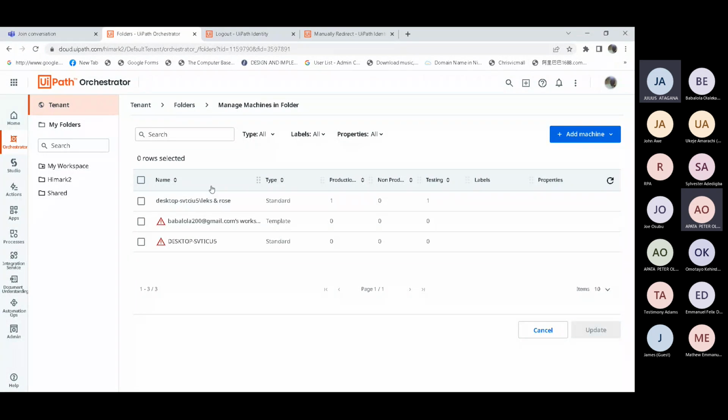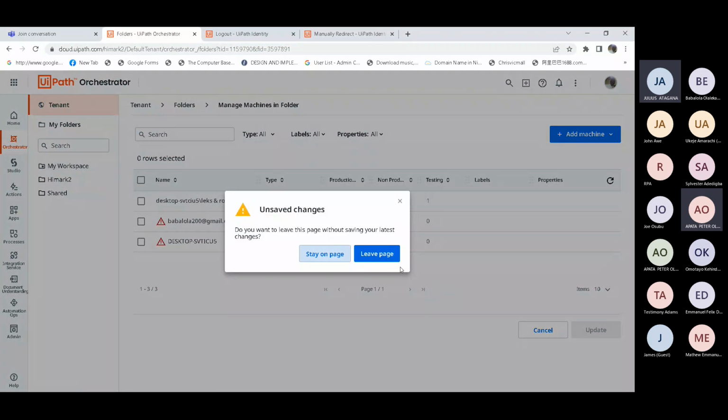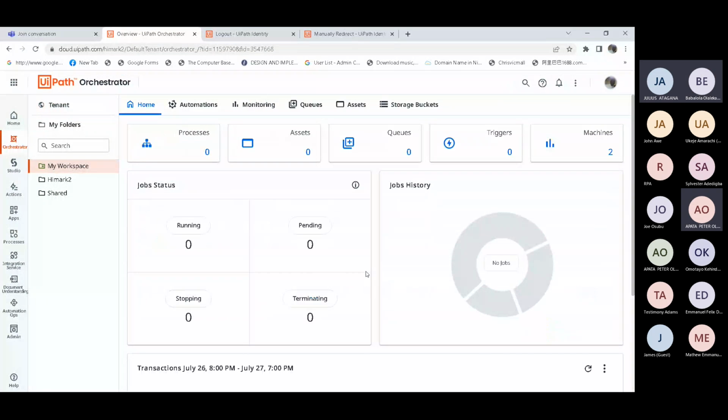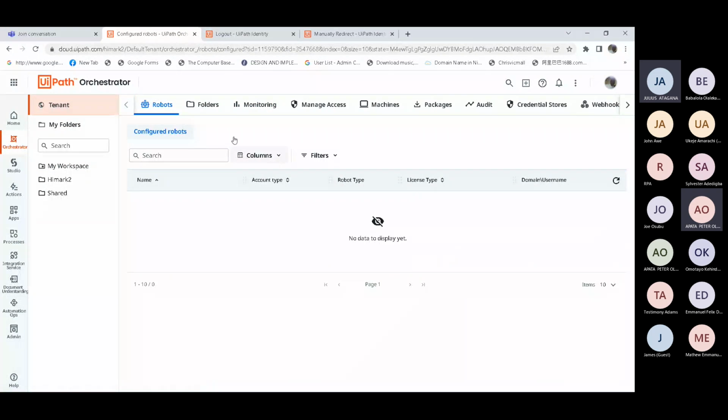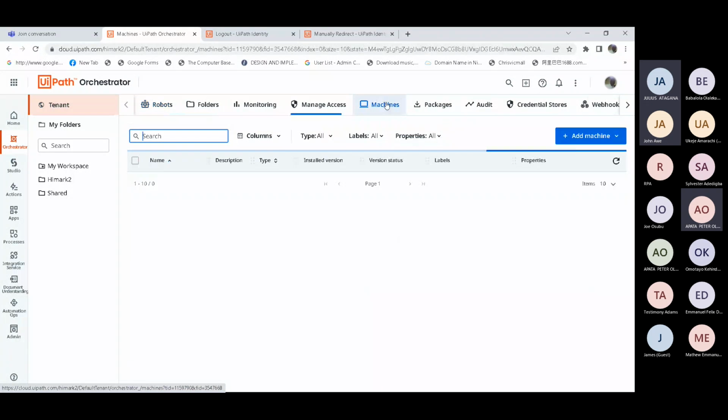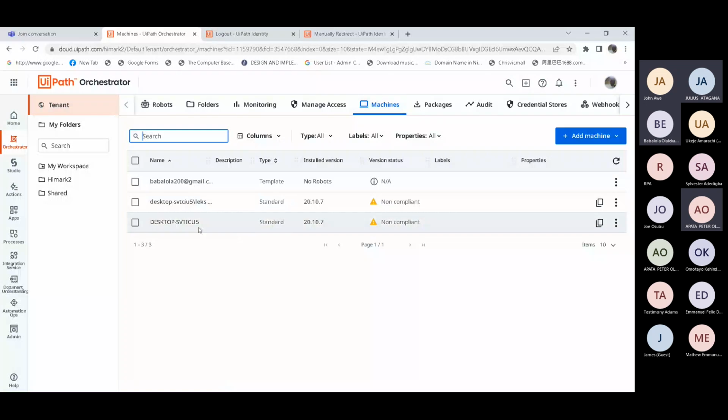Let me see whether the machines are still on my workspace. Then go to tenant, then click on machine. Don't use the folder this time. I want to see the list of all machines here. Okay, they are here. So I think we can unassign them here.